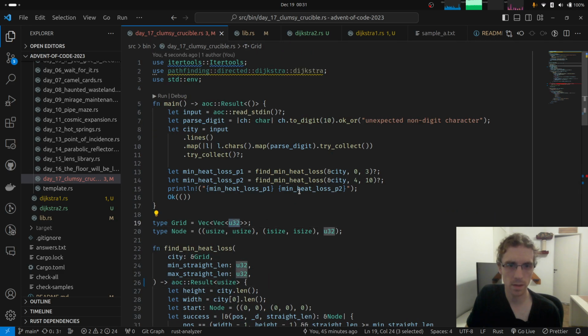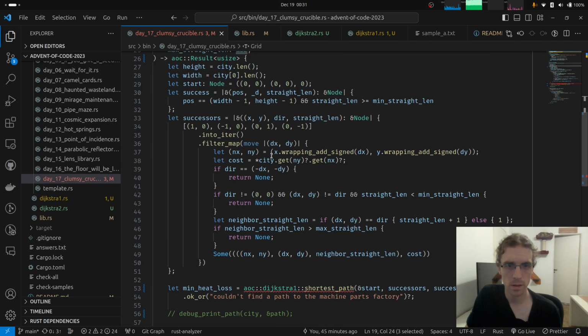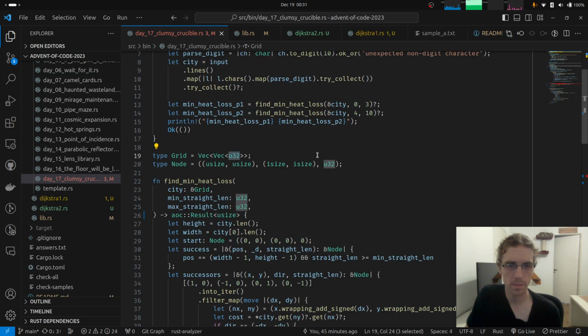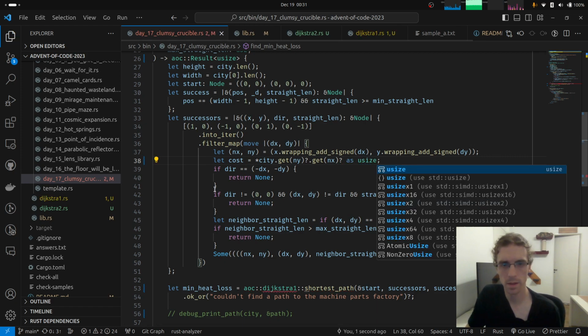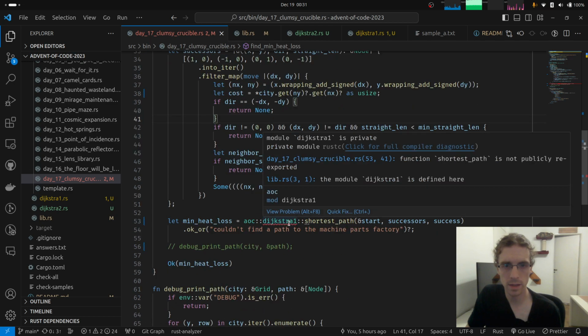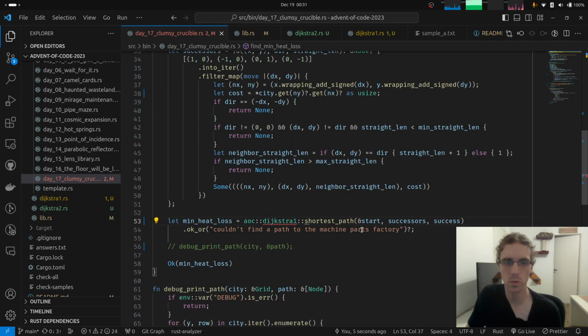The thing here, these things on these specs could be usize, or we could transform. Yeah, this cost here is this as usize, basically. And that's it. And the Dijkstra 1 module is private. What?